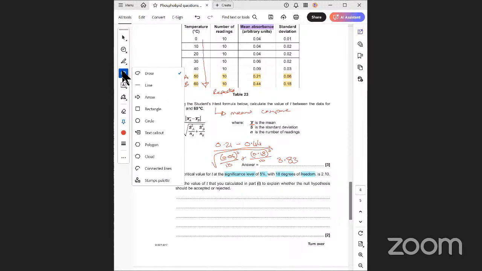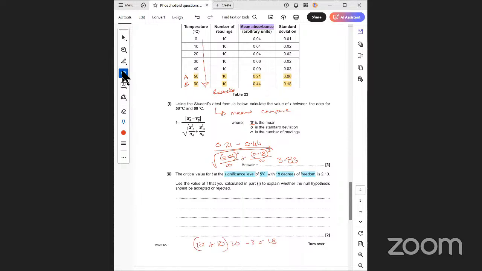Well, we had 10 plus 10, which gives us 20, minus 2 gives us the 18. So that's how they worked out the degrees of freedom. They're not expecting me to work that out. They've told me in the question. What they've then told me is that when I read it off a table, that value would be